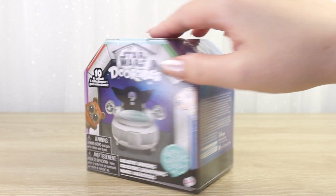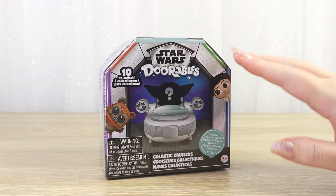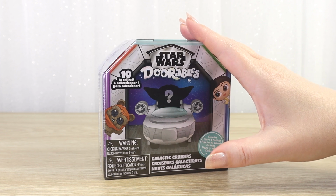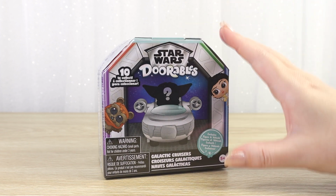I know that there are lists of codes out there because there are barcode numbers on each of the boxes, but I don't really want to get too caught up on that. I simply let fate decide. The will of the Force. I picked one at random off the store shelf, so I'm really excited to open it up, so I couldn't